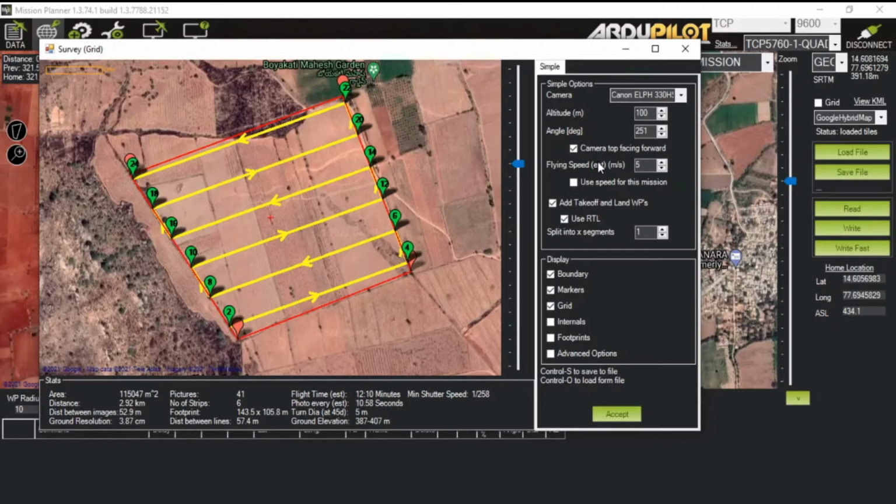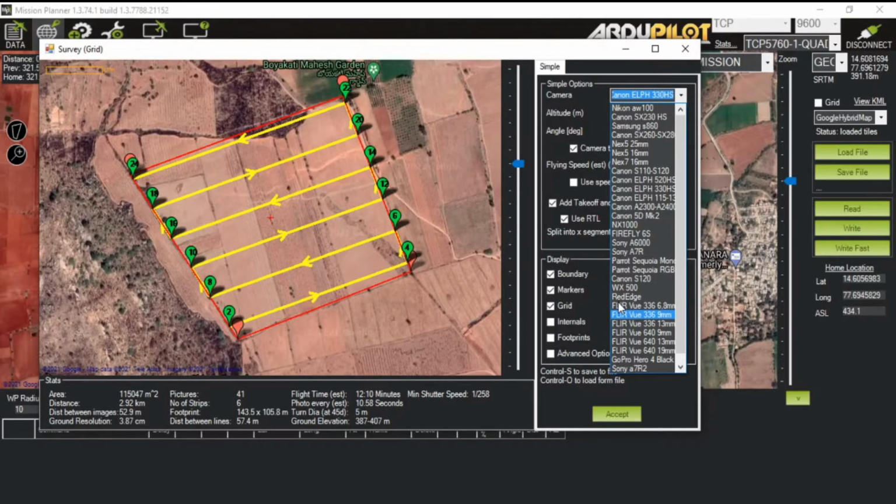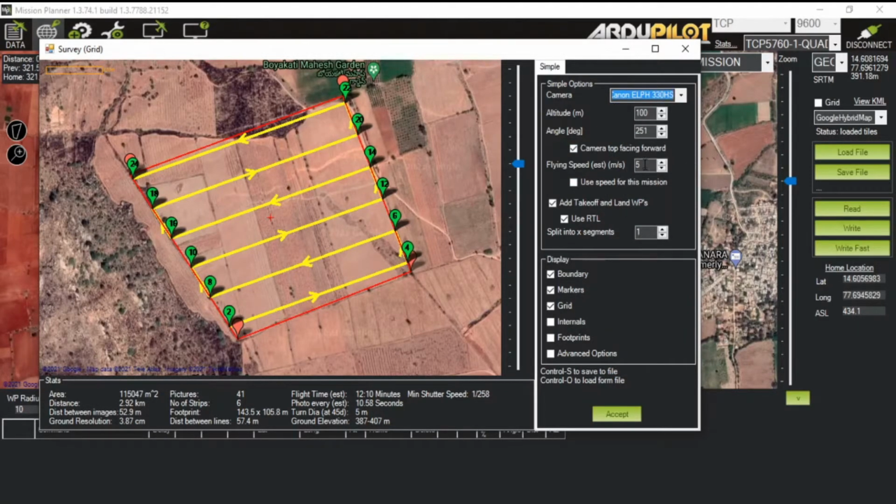You can select whatever camera is available in your drone, and if it's not available here, you can check your camera resolution, how powerful your camera is, and what your camera pixels are. Then you can easily calculate whether you have to fly closely to do the aerial survey, or you can fly farther away. You can do that on your own. And you can change the flight speed also. I will select a flight speed of 10 meter per second.